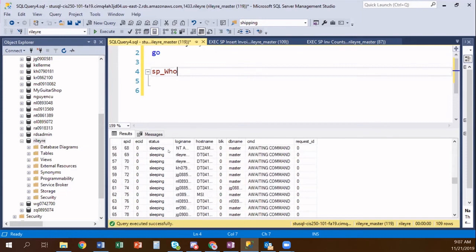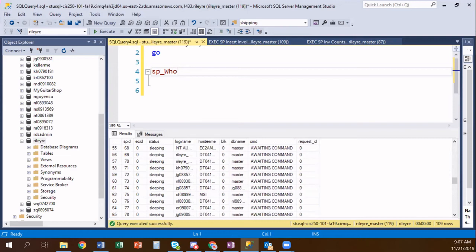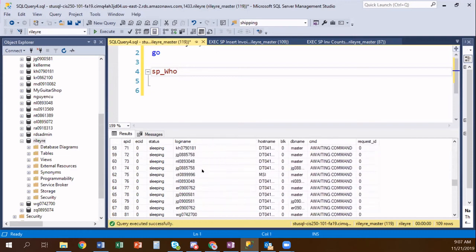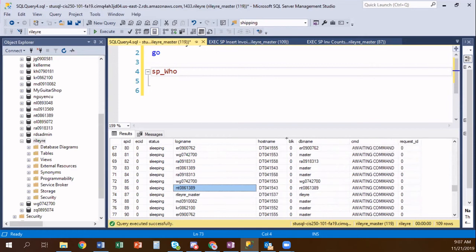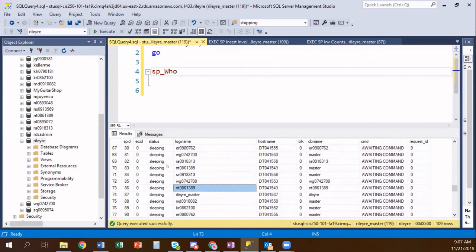And then as I get moving, I start seeing people that are logged in to our server and what database they're connected to. So we have some people that are connected to the master and some people that are connected to their own database. This is a really important display because as a DBA, when you're trying to do maintenance